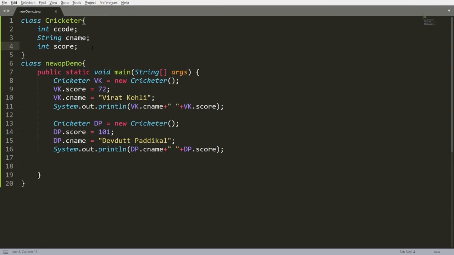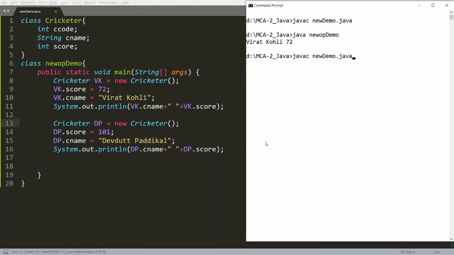But right now you can just focus on this: using an object, we can access the property of the class. So here 2 objects are created, and I can access both objects. See here, Virat Kohli 72, Devdutt Padikkal 101.